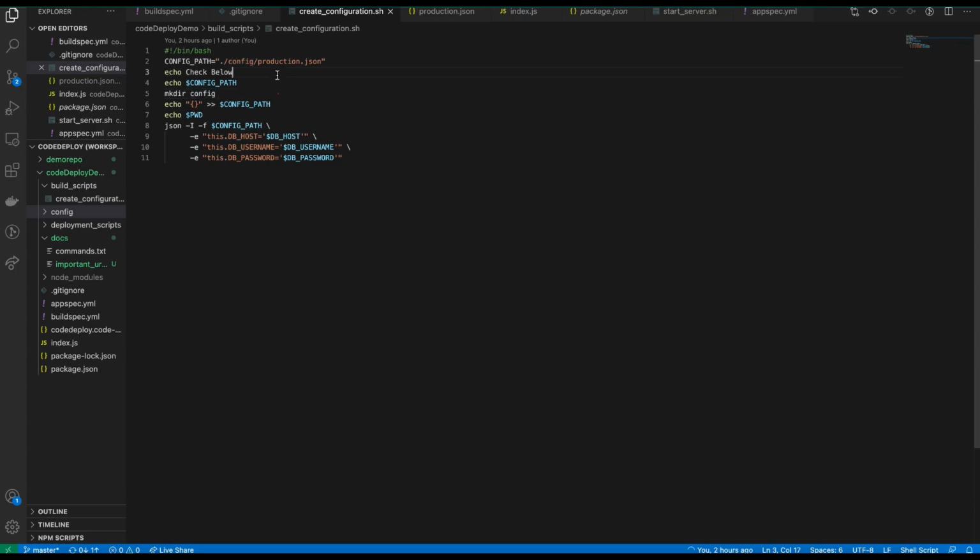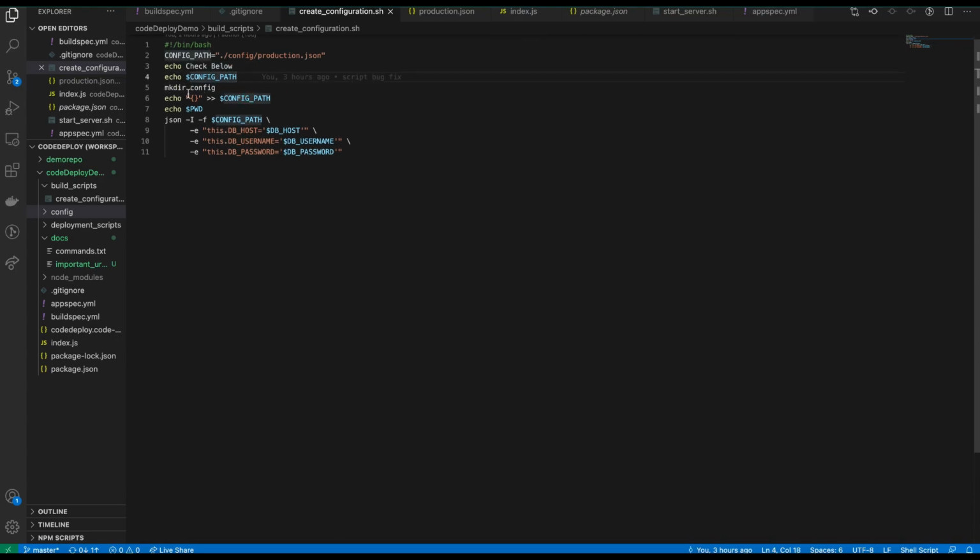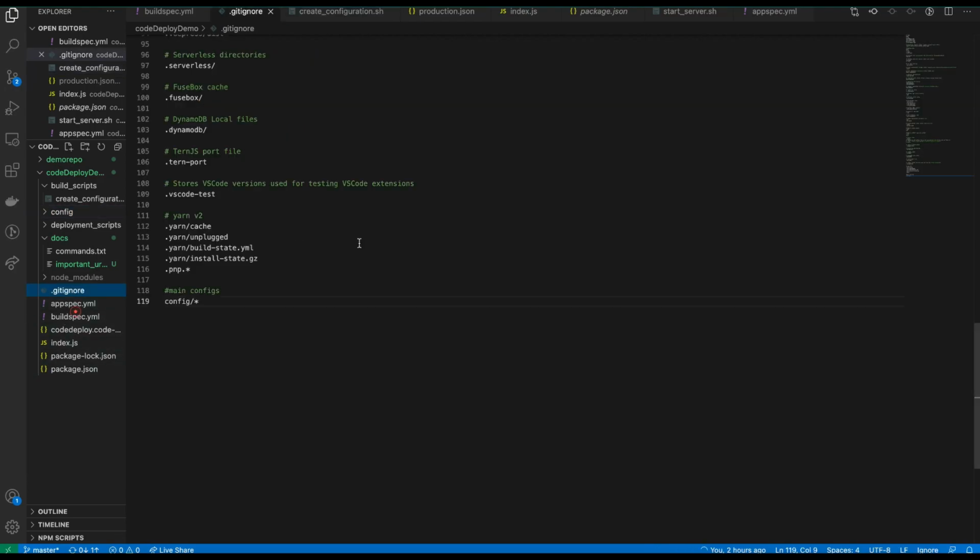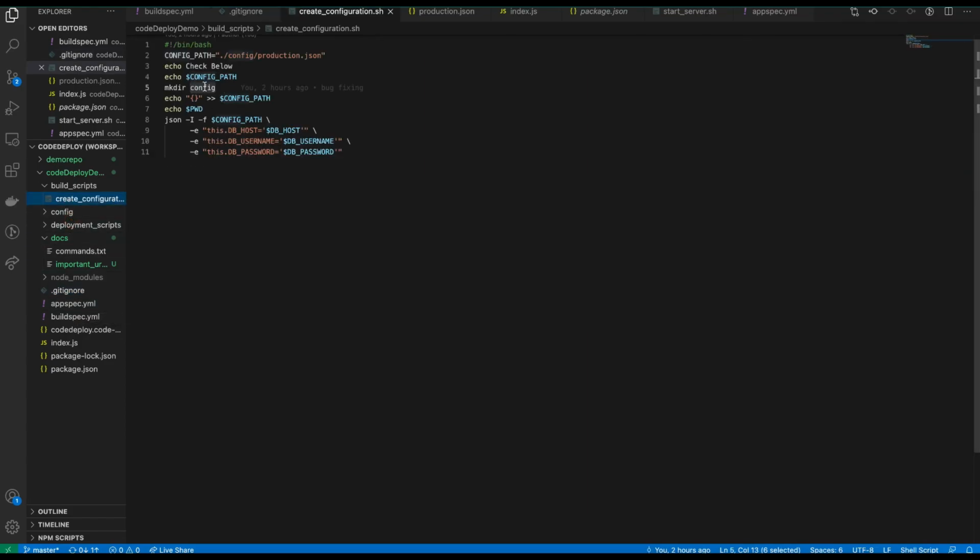Let me show you. I'm making a directory because in .gitignore I have added that. For local testing it's okay to create the directory locally, but you don't want this directory on the production server itself. This is for your local testing. In production, you want to create the directory on the fly in the build phase itself, then initiate the JSON file and put in the JSON values from the available environment variables.